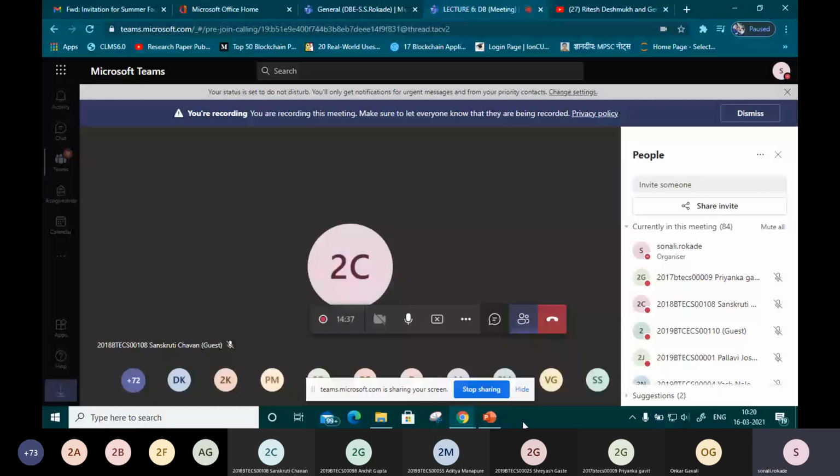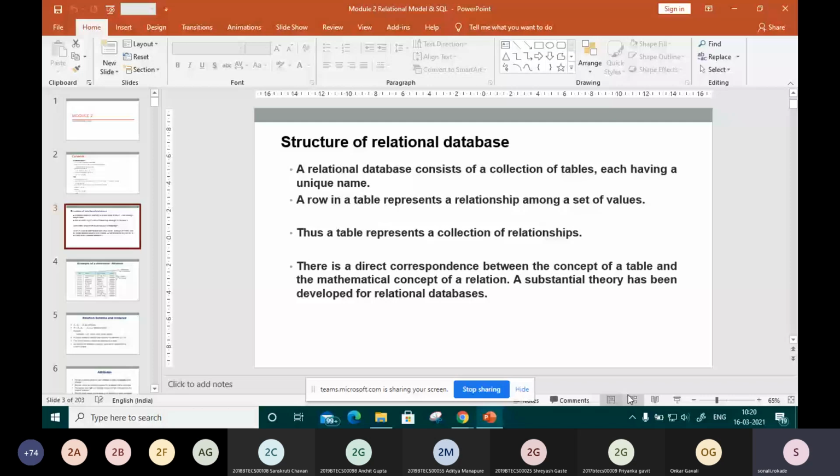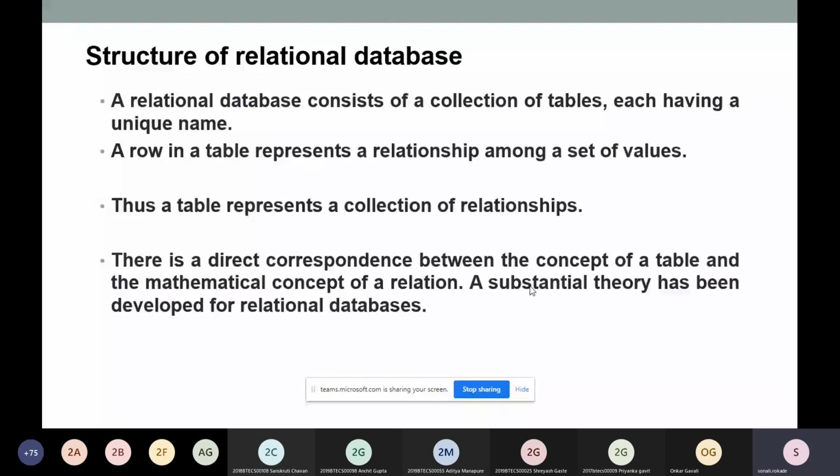So what is the basic structure? As I told you, an attribute of an entity has a set of values, and those values are called the domain of that attribute. Why the domain of that attribute? Because only one type of data is going to be stored in that attribute. That's why it is called the domain of that attribute. This domain is for the entity set, for that particular attribute.